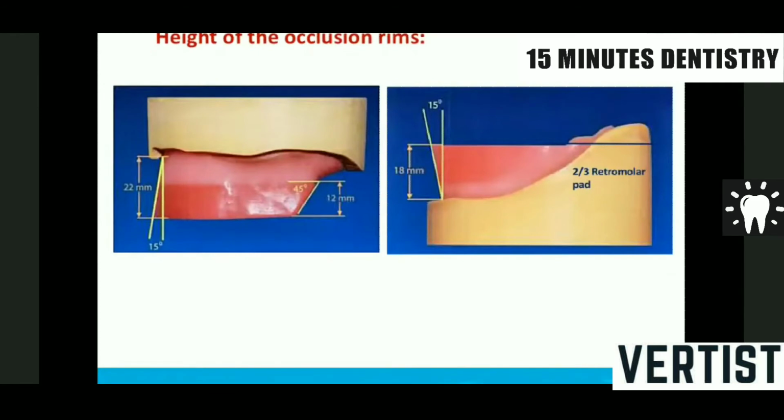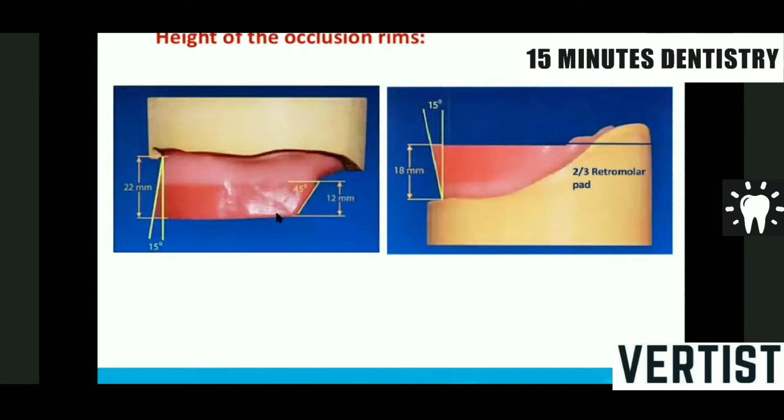The height of the occlusal rim is very important as far as second years are concerned, because you don't do any procedures in the patient's mouth. In the anterior zone it should be 22 millimeters. This I am not going to detail because everybody has been doing all these things. 22 millimeters from the depth of the sulcus, and in the labial there should be a slight inclination, like 10 to 15 degrees.